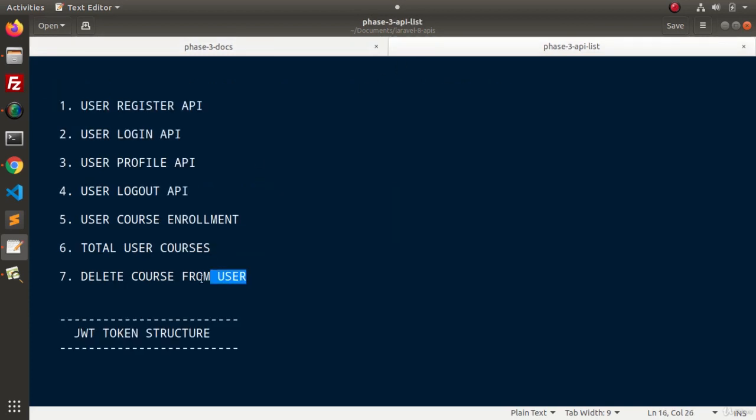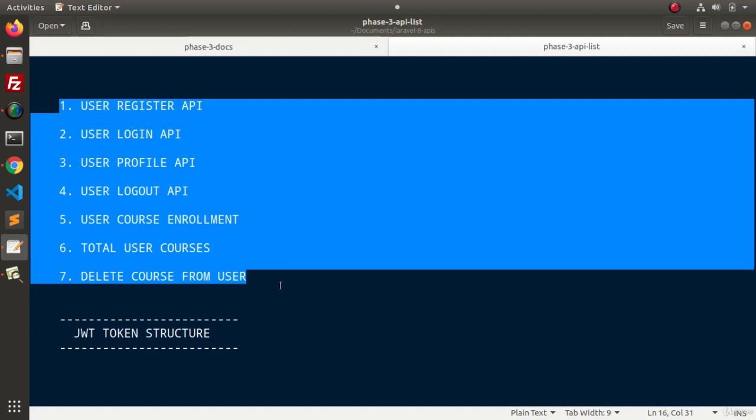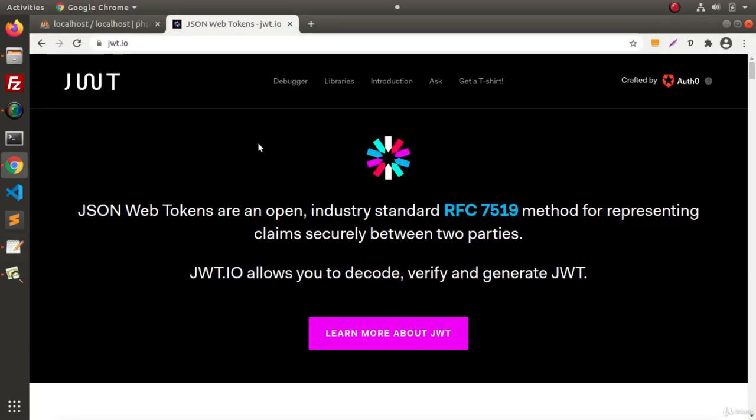So inside this API, we will get a token as well as a course ID from the URL. All these things we will discuss inside this third phase of API development. Now let's see the structure of the JWT token. If I go back to the official website JWT.io, here we can see that JSON Web Tokens are an